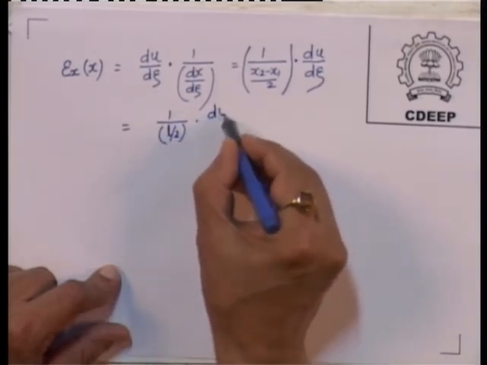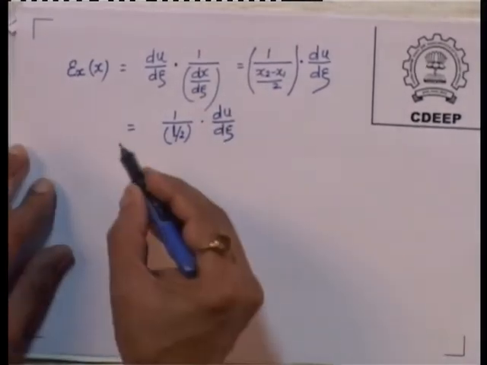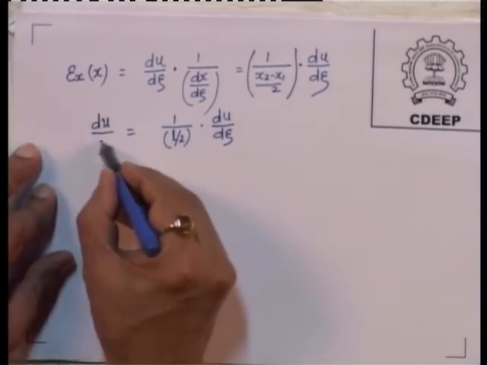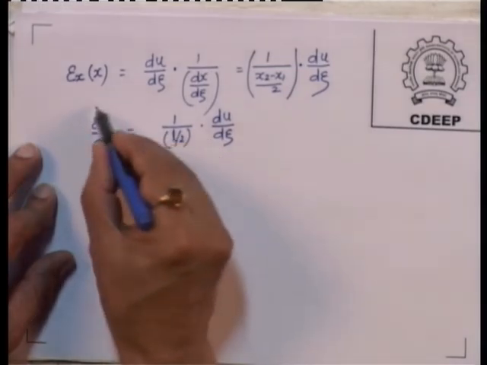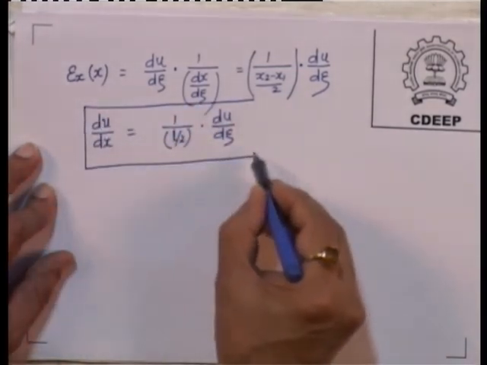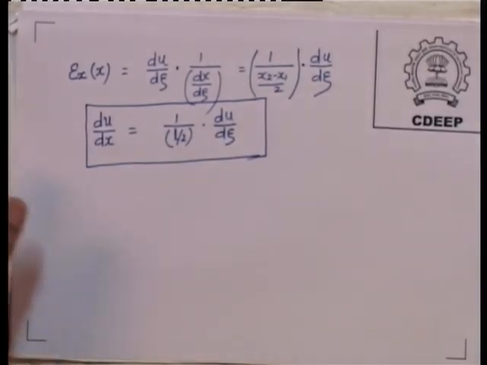This is L by 2. So 1 divided by L by 2, the length, into du by d psi, and the left hand side is du by dx. So the derivative of u with respect to x is